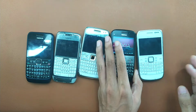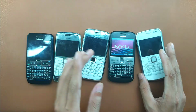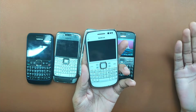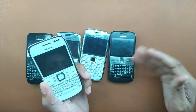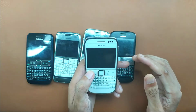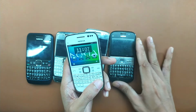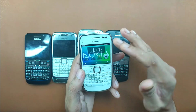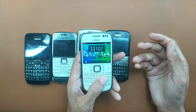But if you really want an all-rounder, then you have to wait. I will say which one is great in this spec. Now, coming to the best one here. So this is the Nokia E6, and everything here is actually better than these devices, and it has a touch screen too. So why I'm not saying that this device is great to choose, for a music player and other things, is that it has a touch screen and keypad, and this makes this device quite difficult